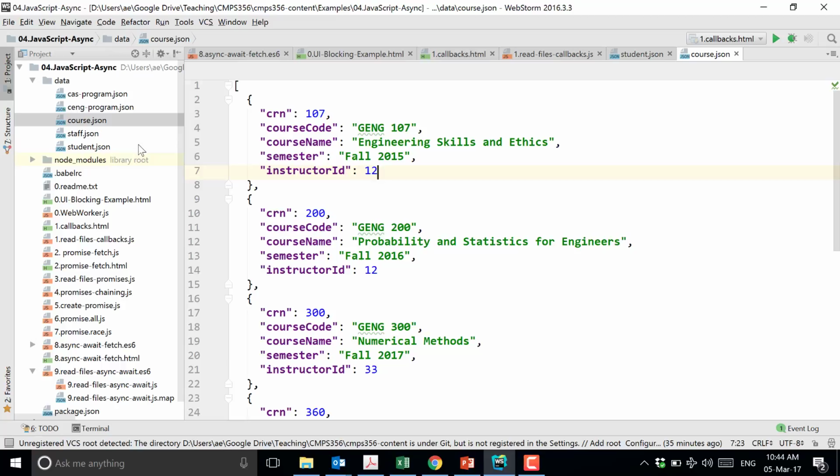Then you will not block and wait. You will give it to the laundry with your number, and when it's ready, they will call you back. But there is some kind of dependency. You first need to receive the address, then you do another call. Same thing here. I first have to receive the student, and then I use the student to get the courses of that student.